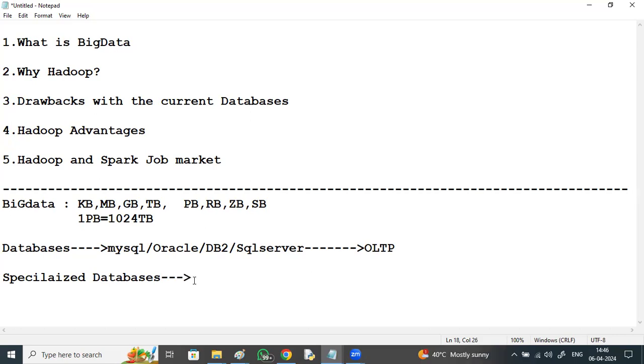Specialized databases like Teradata, Netezza, Vertica. These are used for data warehouse purposes, DWH, for OLAP operations, online analytical processing. These specialized databases can handle data up to some extent: where regular databases handle GBs of data, specialized databases can handle terabytes of data, but beyond that,